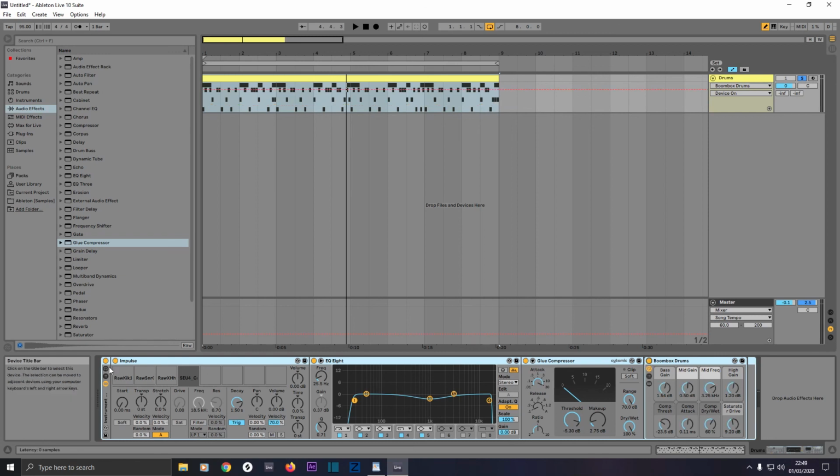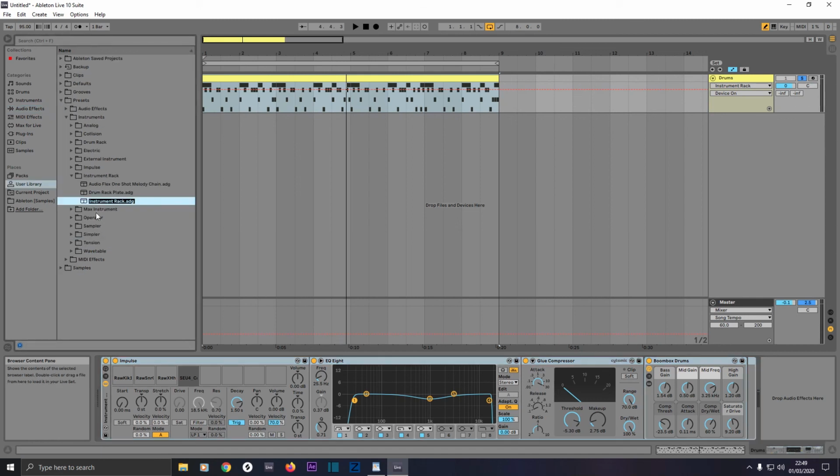Now, since we've created them all as a group and they're all a chain now, this one here will turn the whole rack on and off, so you'd otherwise have to do it individually. And this little disc icon down there, that's the save feature. If you click on that, it's asking for a name now, so we'll just call it wrap